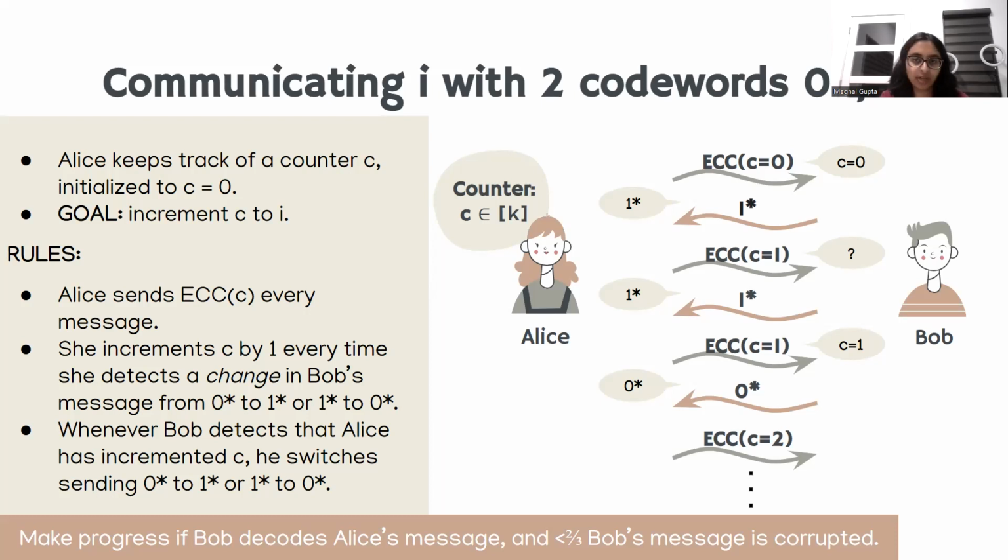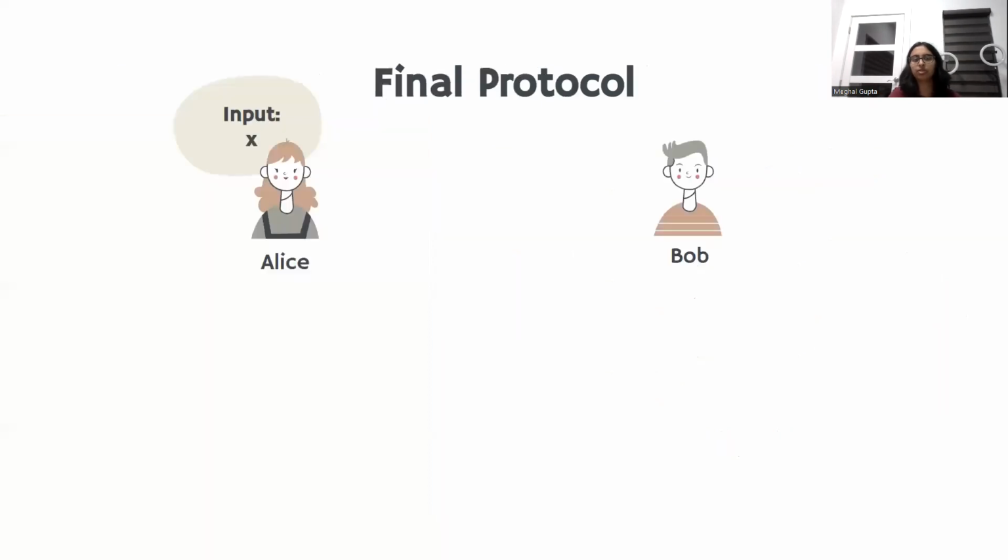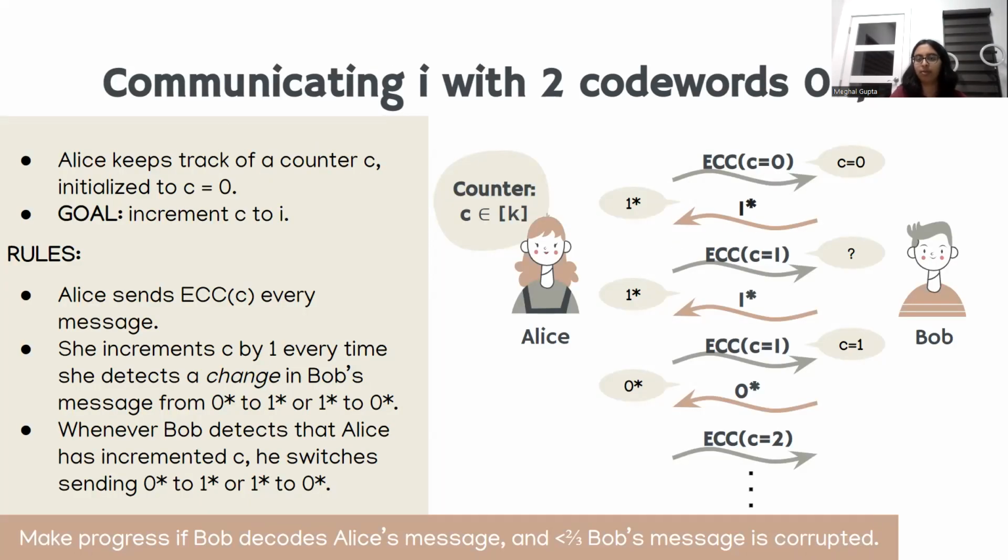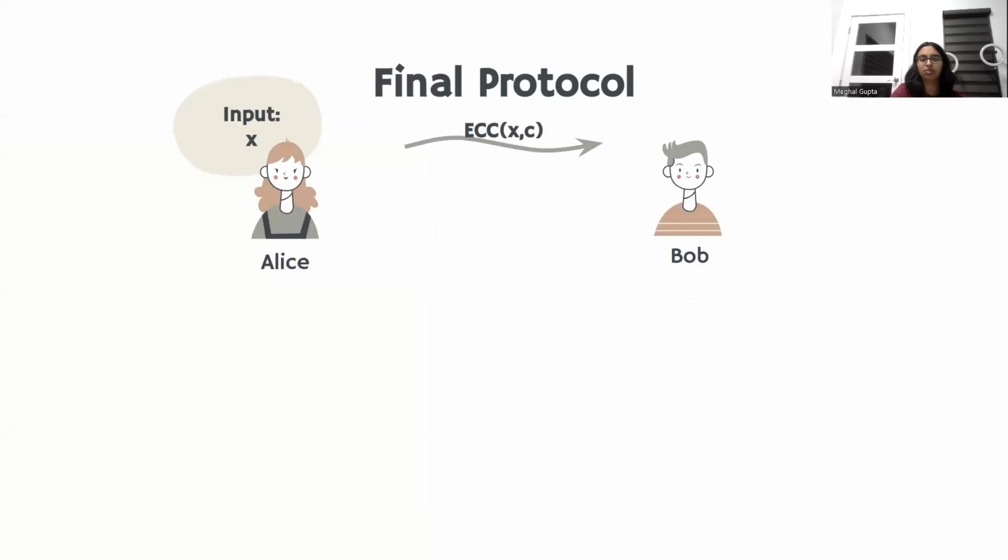However, it turns out that we're actually done chasing our tail, and this procedure will actually be able to be used, even though Bob is going to have multiple possible values of Alice's input, x0 and x1. It turns out that we can actually pretend he only has one possible value of counter. So let's use this to construct the final protocol. Even though our implementation procedure will require Bob to uniquely decode Alice's value of counter, it'll suffice. So in the final protocol, Alice is going to send over ECC of x and her counter value c, which is initialized to 0.